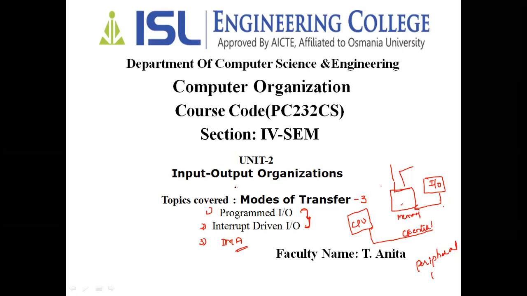So how are we going to execute? There is a software method and a hardware method to do this task. If we talk about the software, we call that technique polling. If we do it with the hardware, we call that concept daisy chaining. In the next class, we'll see the concept of software, that is polling, and the concept of hardware, that is daisy chaining.